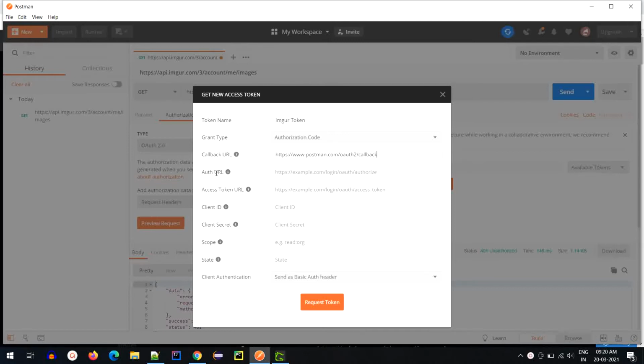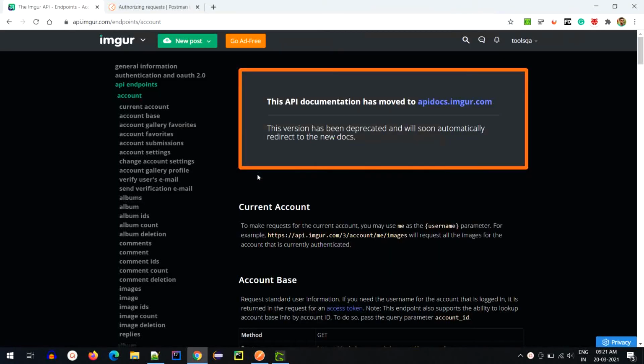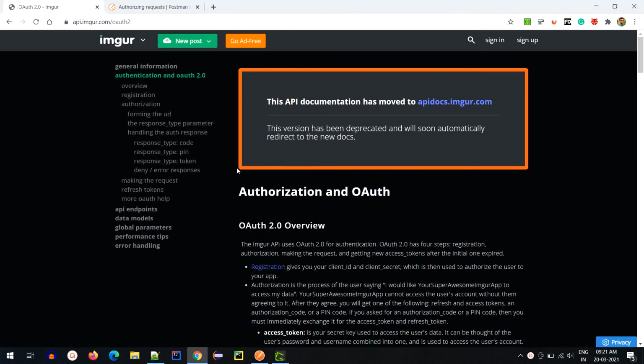Next is the authorization URL and access token URL, which is nothing but the authentication server URL. So using the authorization URL, the user will be able to provide their authorization. And using the access token URL, we'll be able to get an access token for the authorized user. To get those, let us move on to the Imager website again and go to authentication and OAuth.